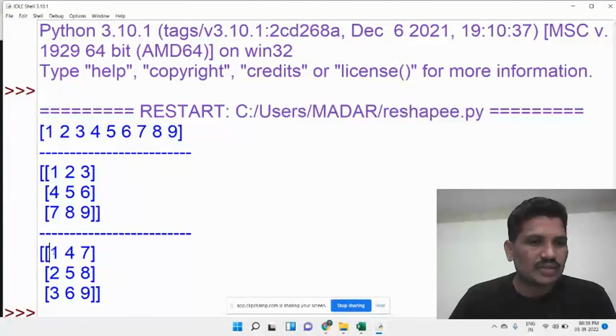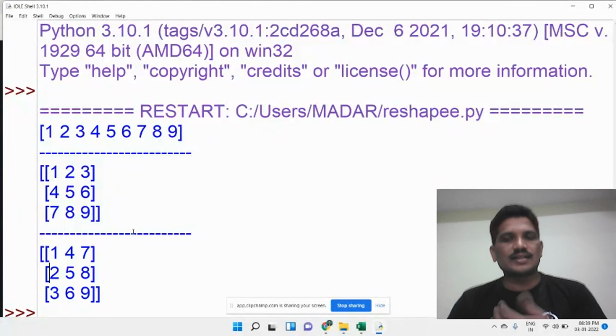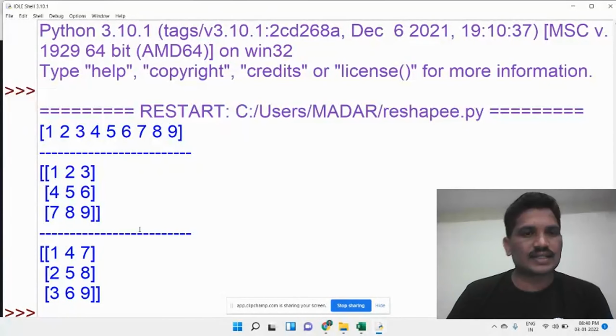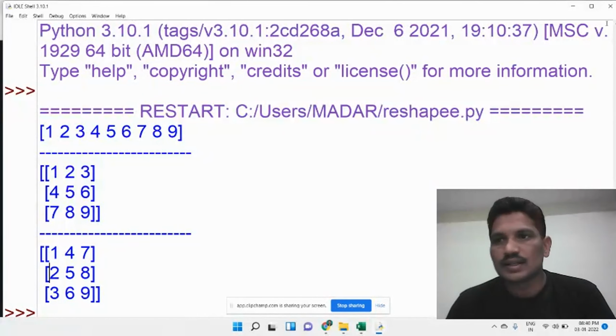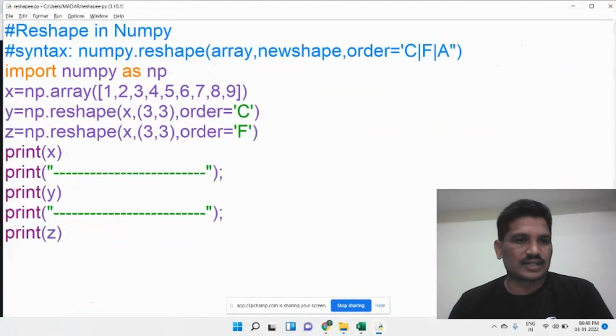The elements are organized column-wise. This is the difference between C-like indexing and Fortran-like indexing. Whichever indexing you want, you can use either C or F.